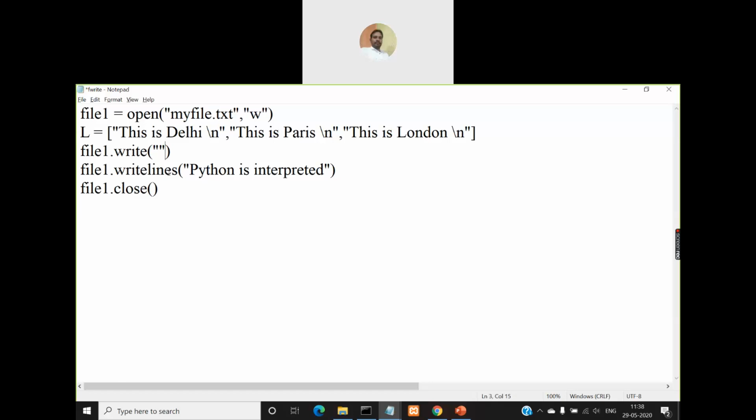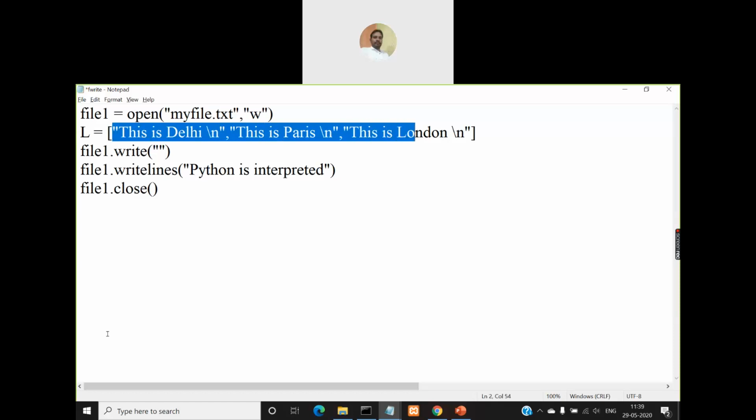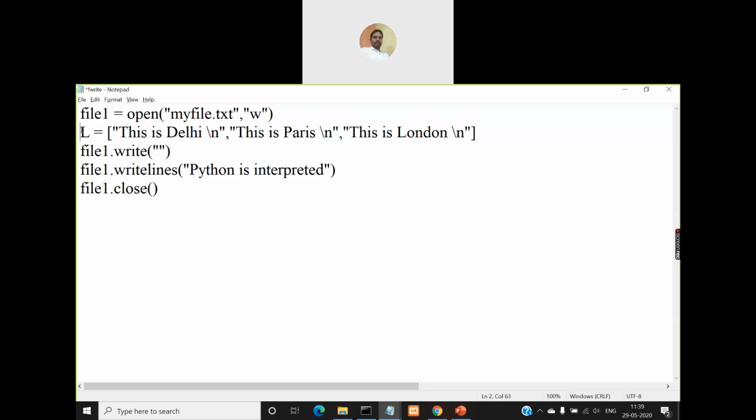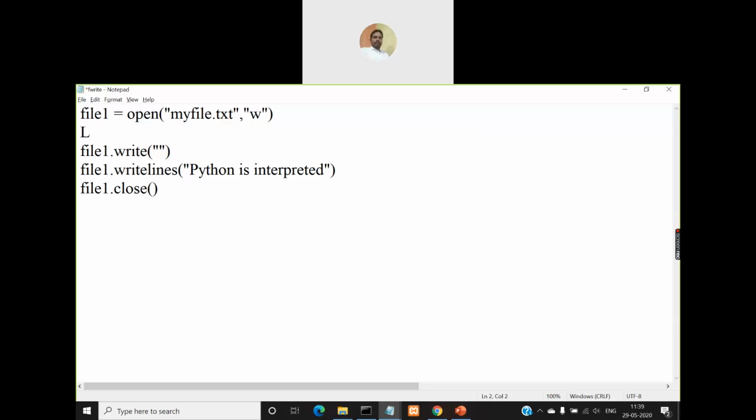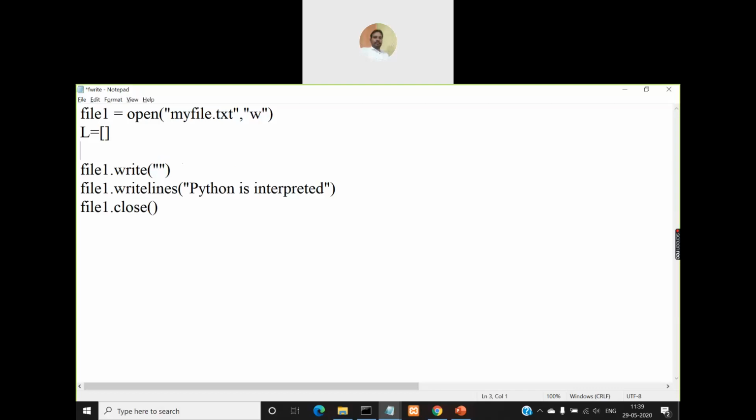So instead of that, you can use the writelines function, which will receive both strings as well as a list. But for a list, you may think that we need to write that list in this way, right? But the list will not always be defined in a predefined manner like this. You can append new content to the list also. For example, I can create an empty list like this. Then,